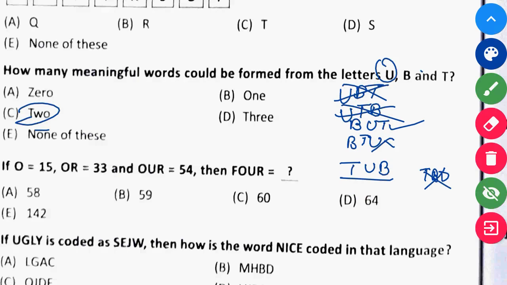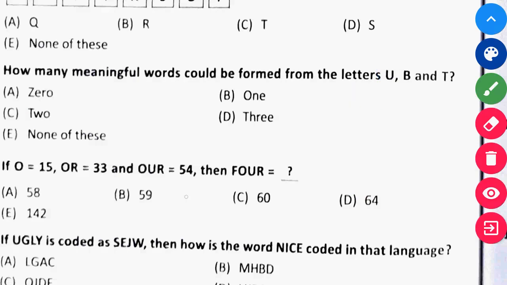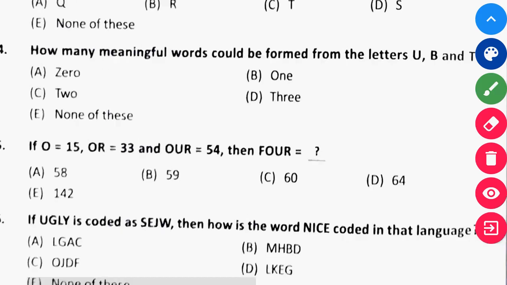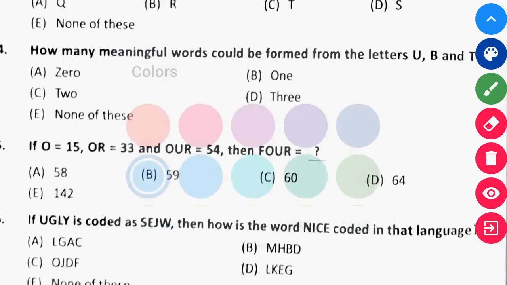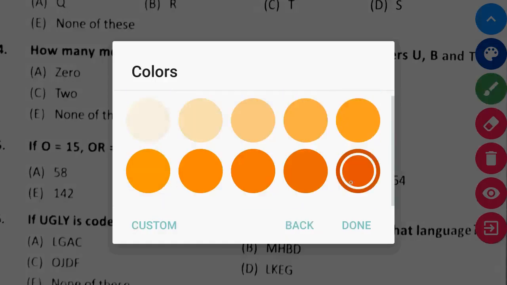How many combinations can we form? The answer is 6. Because 3 letters are given, we can form 6 combinations. But out of 6 combinations, only 2 words have meaning and the rest 4 have no meaning. Okay, then now the next question is,